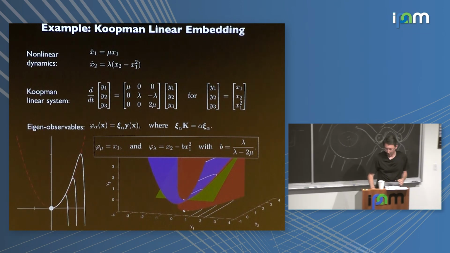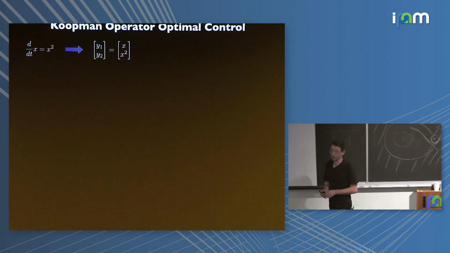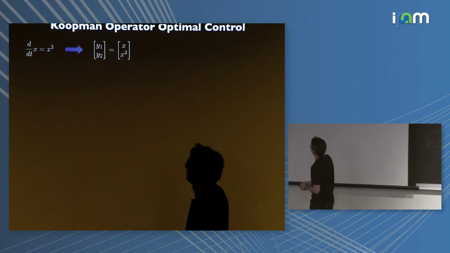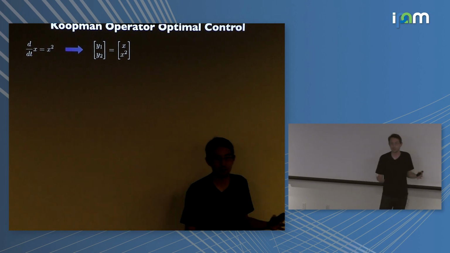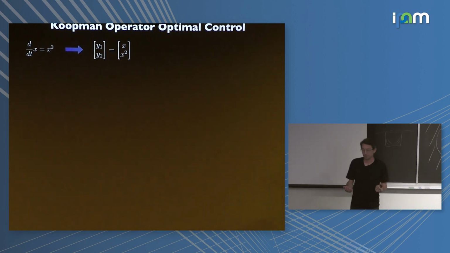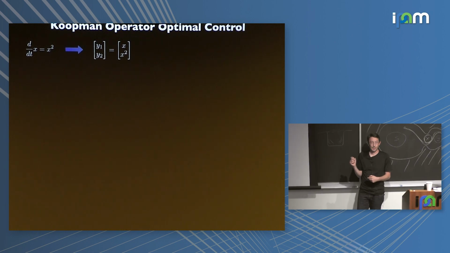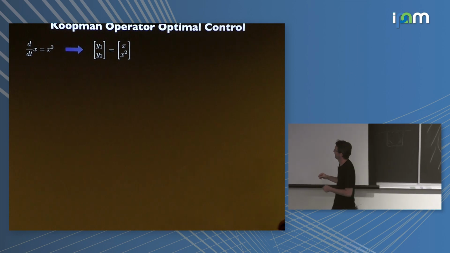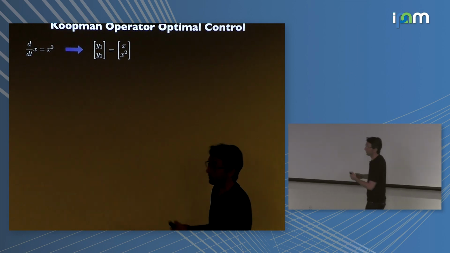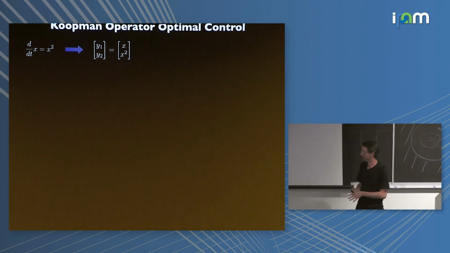Simple idea, but let's try it on a system that also should work. Maybe should, I don't know. It's a simple system, x dot equals x squared. In some sense, this looks even simpler, right? Anyone know what this is characterized by? A hint, you can't say it in the airport. You can't talk about it. It blows up in finite time. So x dot equals x squared will blow up in finite time. So it is actually nastier. It's not as simple of a system.